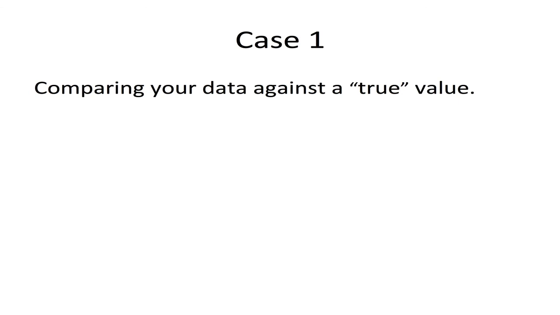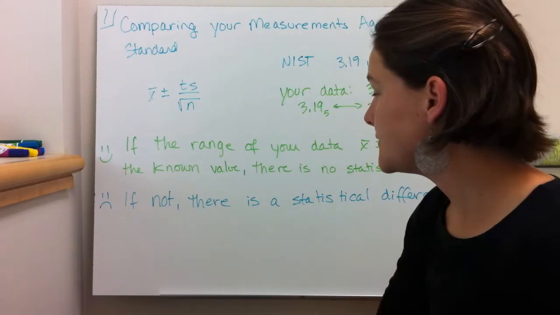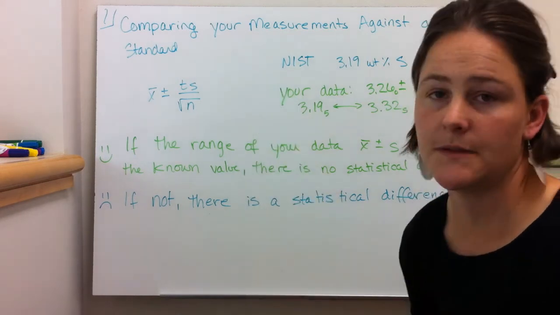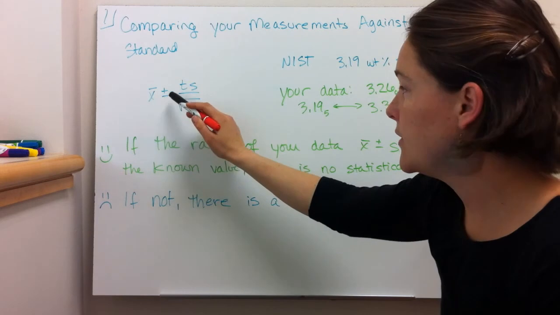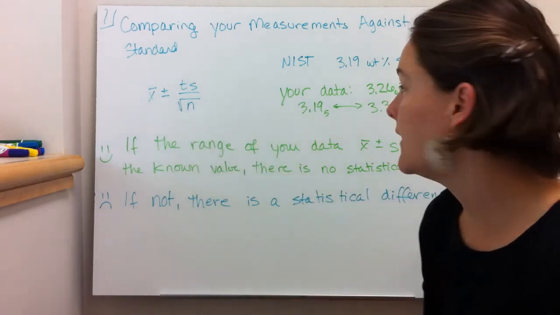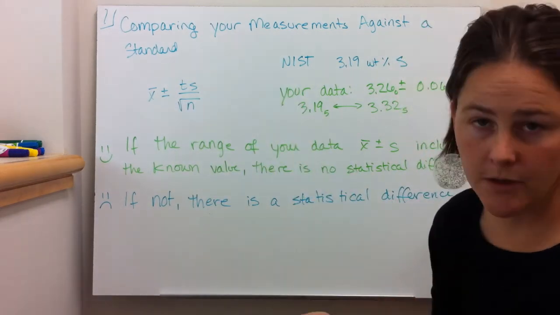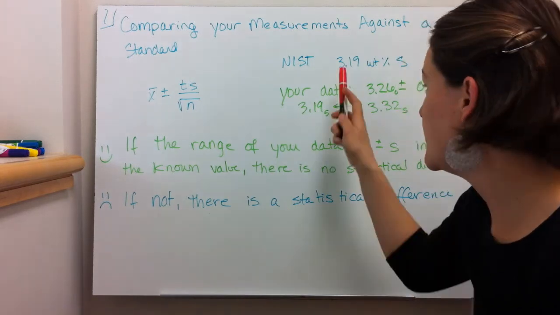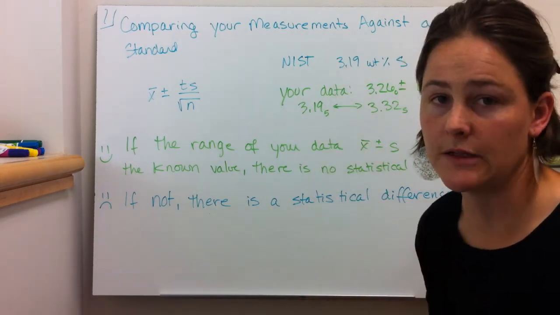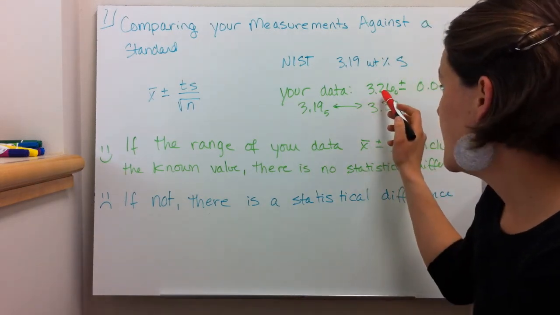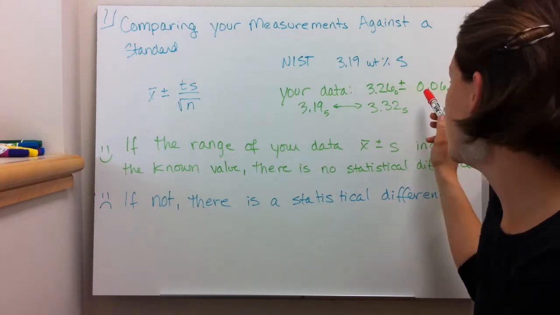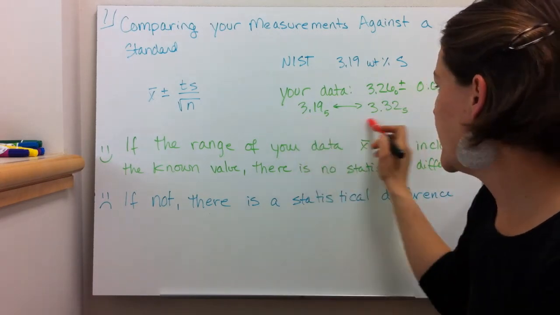Let's look at an example of each case. Remember, case 1 is where you're comparing your data against a true value. Number 1, comparing your measurements with the standard. You're going to use the same equation, x bar plus or minus ts over the square root of n. We're just going to go over the example in your book where you have a NIST standard that's 3.19 weight percent sulfur. The data you come up with is 3.26 plus or minus 0.06, which gives you a range of